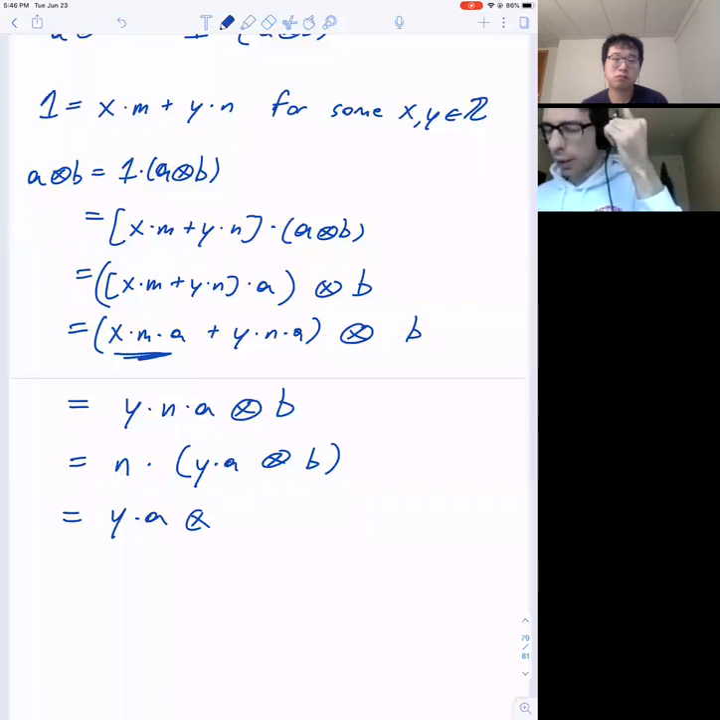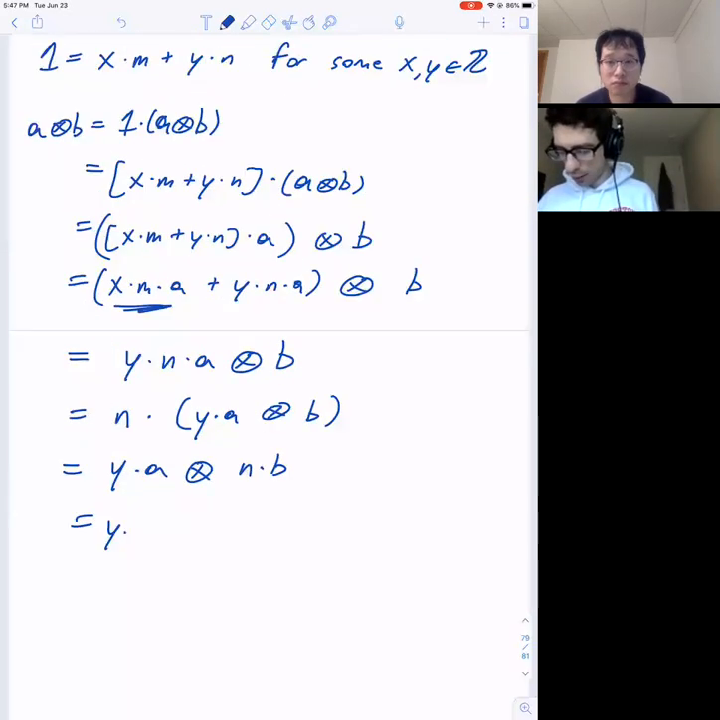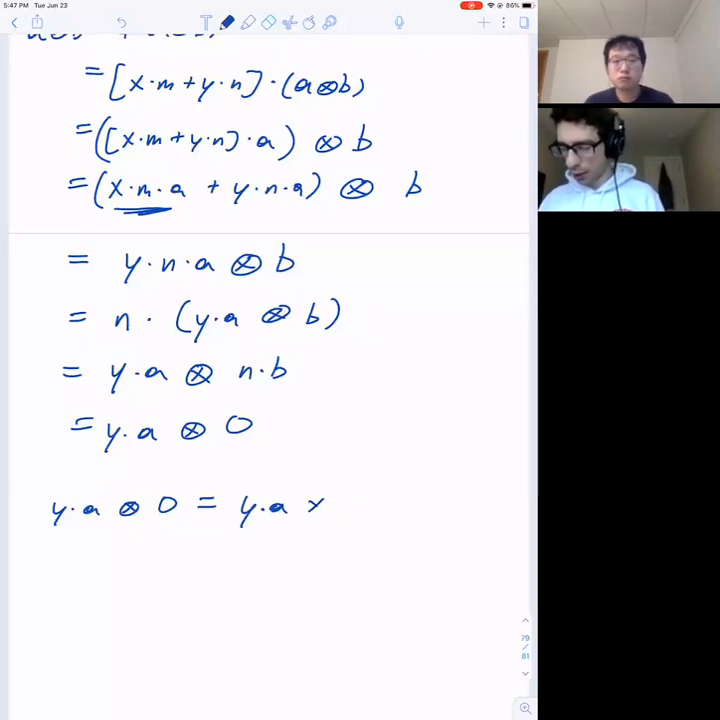Okay, so again, like I said above here, b is in nZ mod nZ, and so if you multiply anything by n in Z mod nZ, you get 0. So this is y times a tensor product 0. So I claim this is 0. So y times a tensor product 0 is the same as y times a tensor product 0 plus 0. So by the construction of the tensor product, this is the same thing as